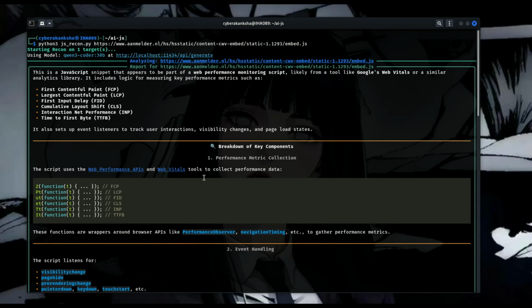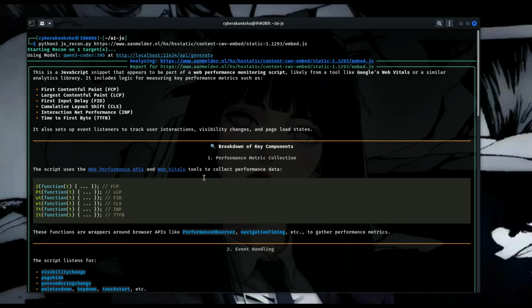Now, let me be very clear about one thing. This tool does not replace a bug hunter. AI is not going to find bugs for you and submit reports on its own. What it does is help you think faster, analyze faster, and focus your energy on the most promising attack surfaces. AI writes the code. AI assists with analysis, but the actual validation and exploitation still depends on you. And this is just the beginning.